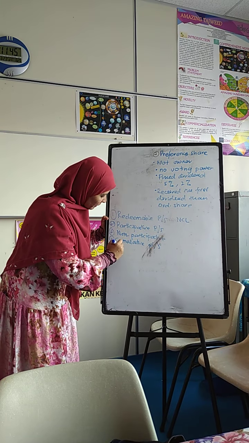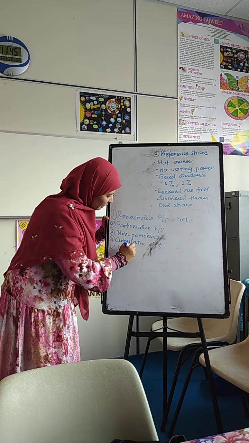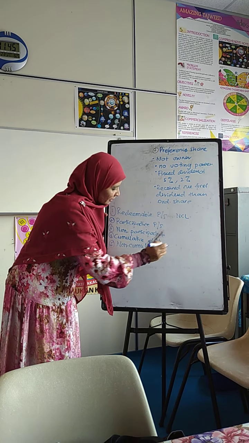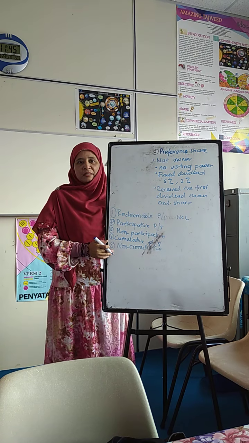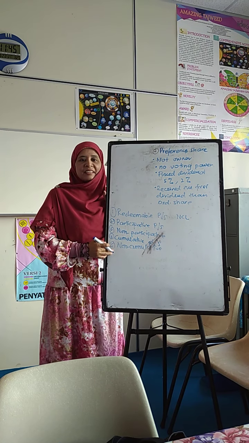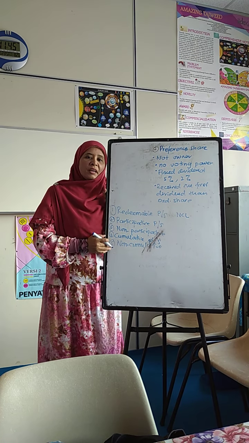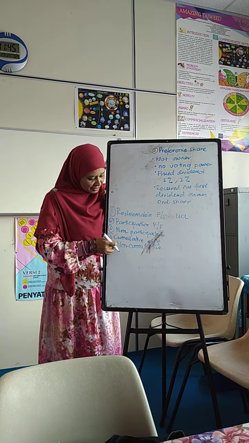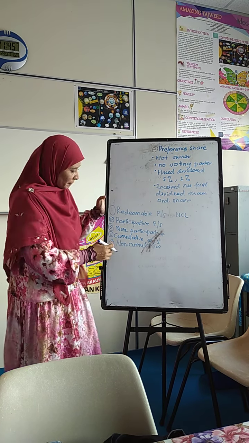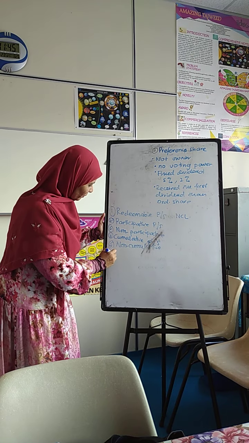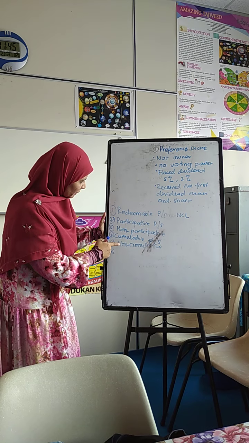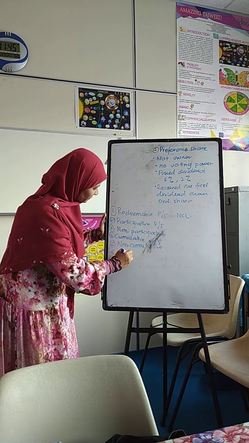Next, we have non-cumulative. Can you imagine non-cumulative? Actually, the dividend will be burned. If that year no dividend is paid because of the loss, next year you only have that current dividend. You cannot claim the previous dividend because it is non-cumulative preference share. And then last, we have participating non-cumulative. Then we have convertible.